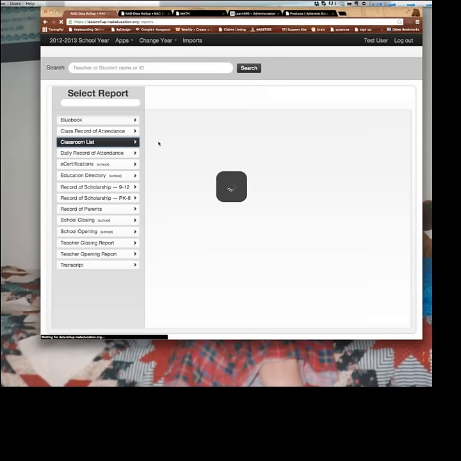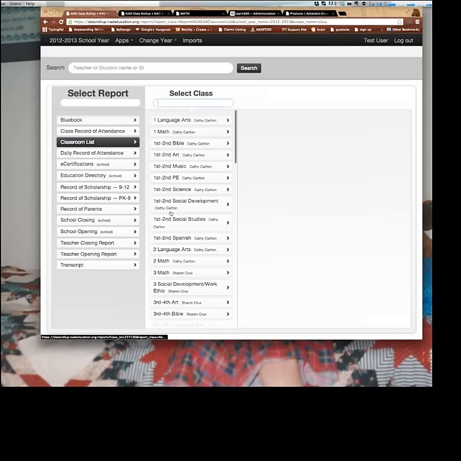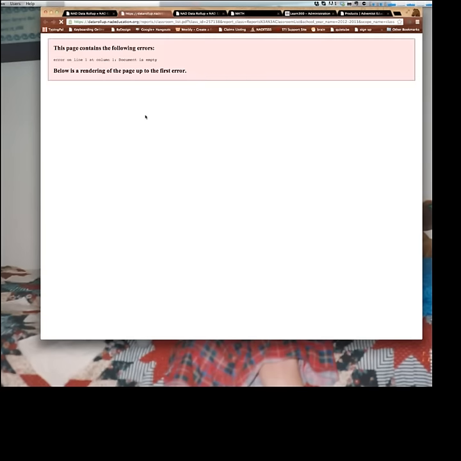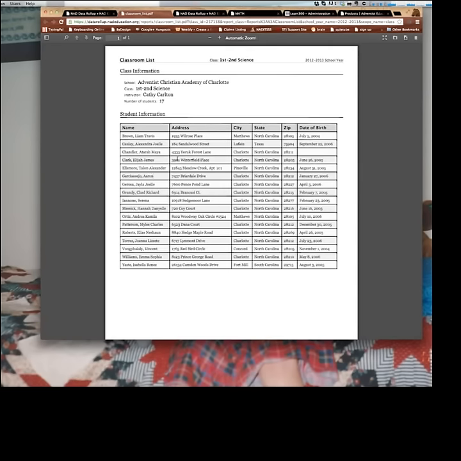But the classroom list, you know, you would need to have that information. Let's see what's in there. That's just a list of students in the class, so if you're putting in grades, that should work. Let's see, here's address, okay? So all the information for the student information would need to be filled out,